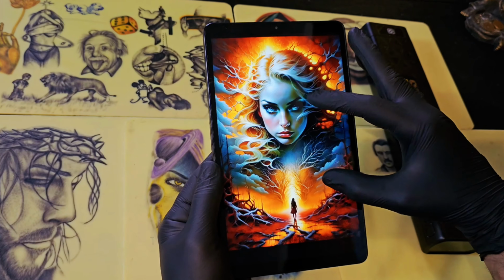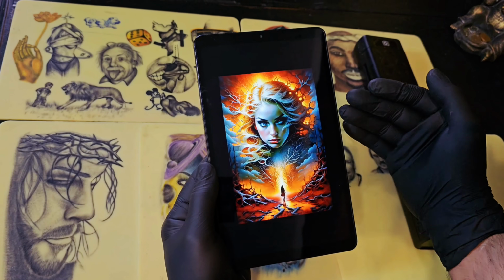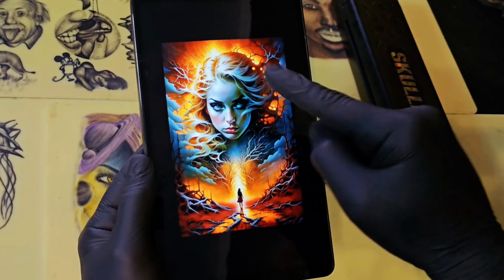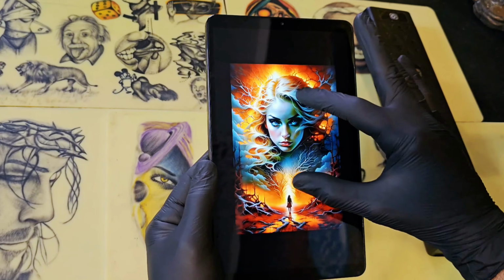So you can learn from me how to shade, how to gray wash, how to mix the color, everything in this design. I have a workshop in the